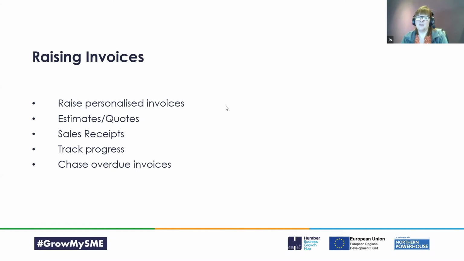QuickBooks with estimates will allow you to raise an estimate through your app on your phone while you're with a customer. So if you're doing, I don't know, fitting kitchens, but doing something where the customer will be with you at the time that you potentially would raise an invoice, you can do that on your phone through your mobile app. And actually you can get your customer to use your phone screen and sign their signature onto the phone screen to say that they've accepted that estimate, and then that's really good proof and evidence later on when you come to raise the invoice. So that's really good functionality if that's something that's useful to you.